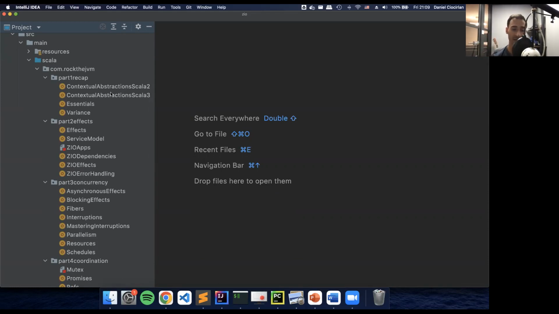So the way that this course starts is through a recap of the Scala language itself, with the absolute essentials that people should know about Scala before diving into Zio, because you have to be a comfortable Scala programmer before you can dive into Zio, and exploring some concepts that are relevant to this course in greater detail, which is, for example, variance.